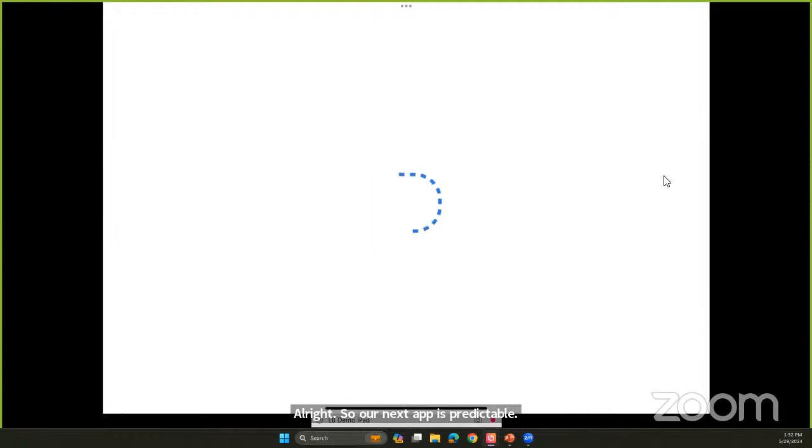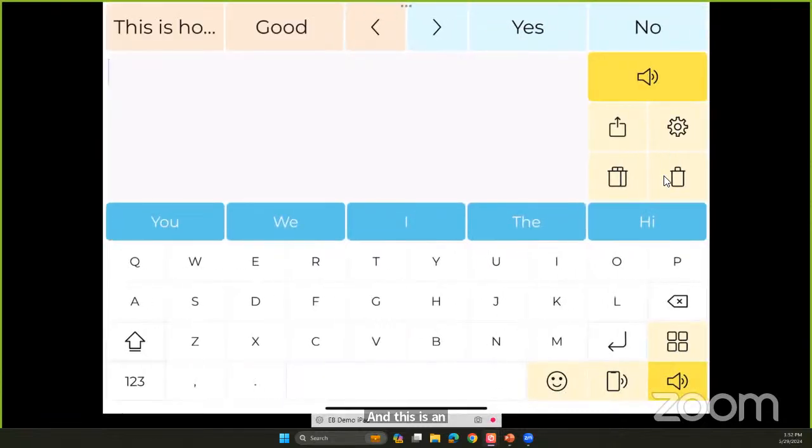And this is an app from the United Kingdom, and they just came out with version 7, I believe, last week. And basically you don't have to repurchase it every time they come out with a new version. Basically, if you buy the app, it comes with the updates. So this app here, again, my keyboard is built into the screen, so I don't have to use the device keyboard.